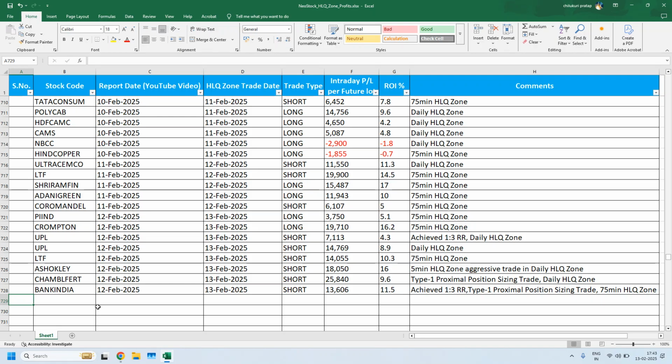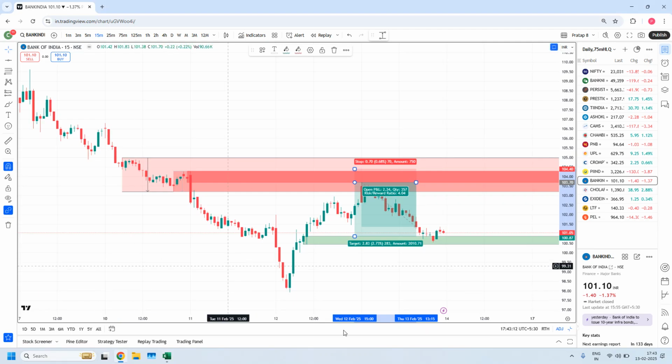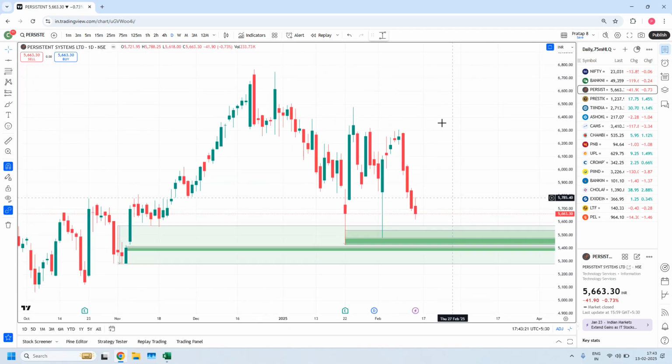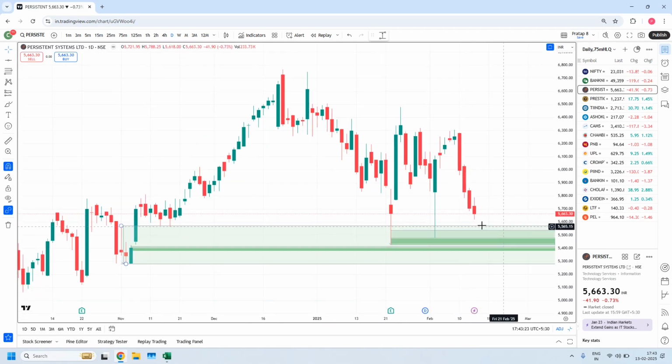Okay, this is about the trades that we got successfully. And in the remaining stocks, a few stocks we didn't get the trades. One is Persistent. This is a daily high liquidity zone. Because of less time, I am not showing you how I fine-tuned, but I am showing the final fine-tuned area. You can try exactly the way I got these zones. You go to the charts. This is the daily demand zone. We didn't get a trade. See, today, this is today's daily candle. Next one is